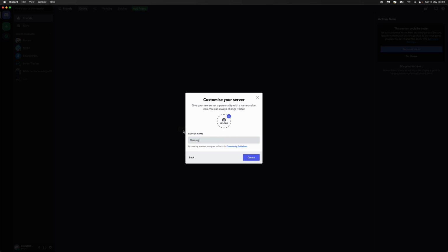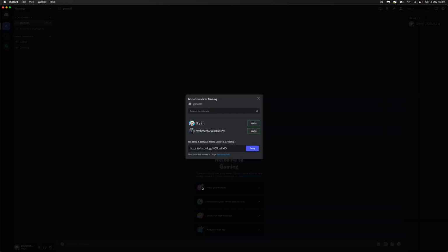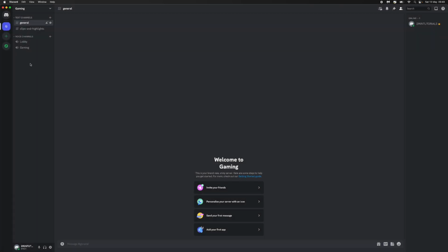So if I just put in something simple like gaming, you can then add a profile picture if you want to do that, and then click on create. Once you click on create, this will start then your whole new server, where you can then start to invite your friends by clicking on this button right here. You can copy this link to send to your friends to invite them,